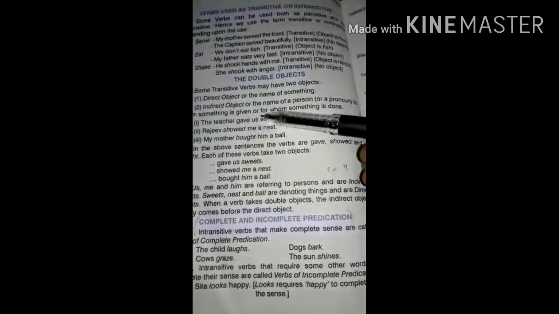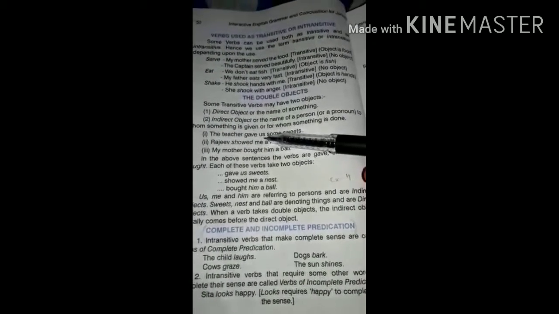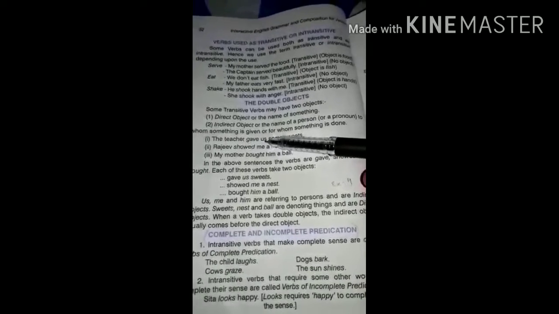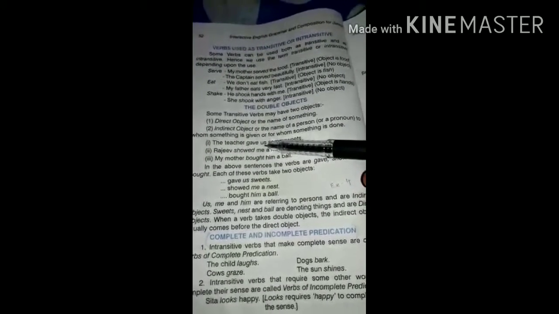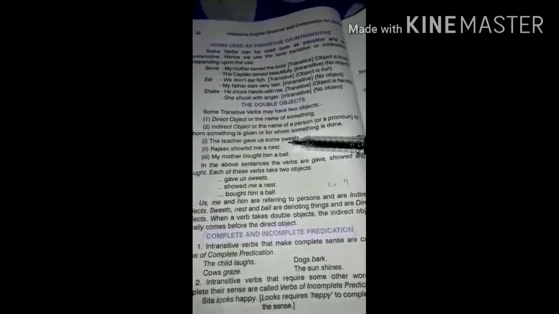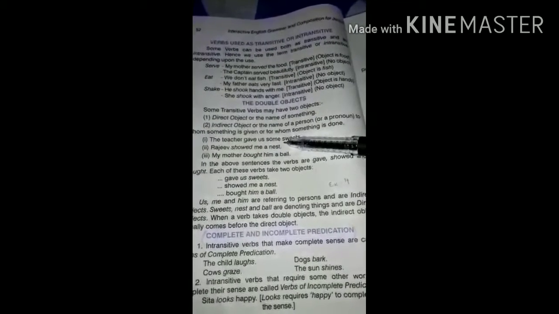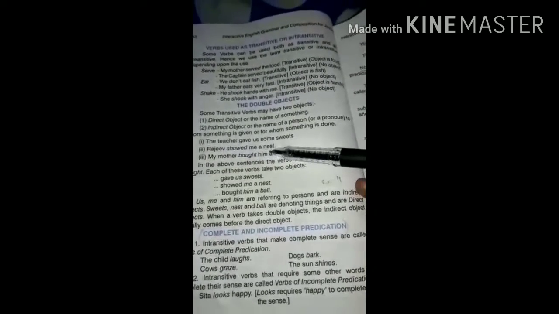The teacher gave us. Us, see, the action is passing to us, so it is an object. Us is a pronoun, that means it is a living thing, so us is the indirect object. See here, sweets, it's a non-living thing, so it is the direct object. Rajiv showed me a nest.